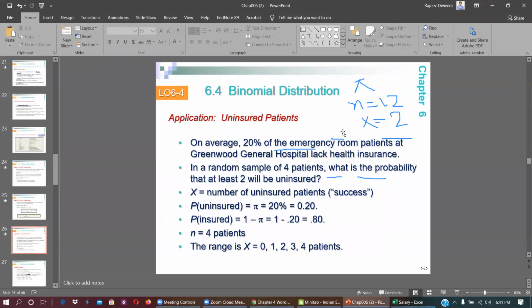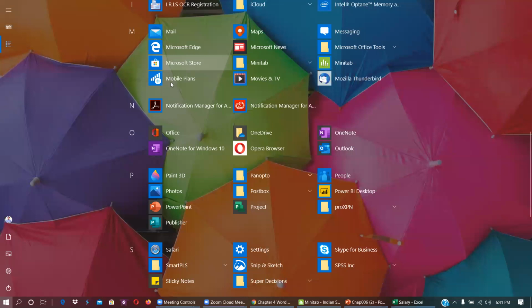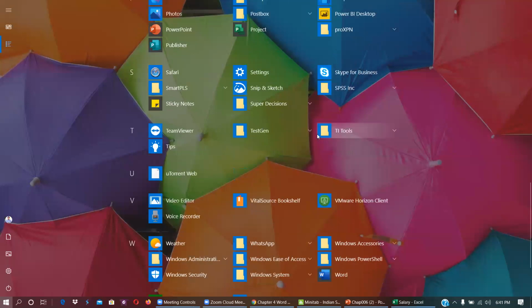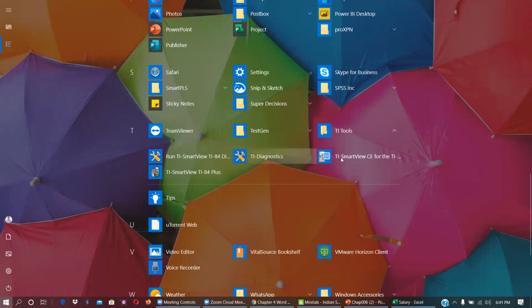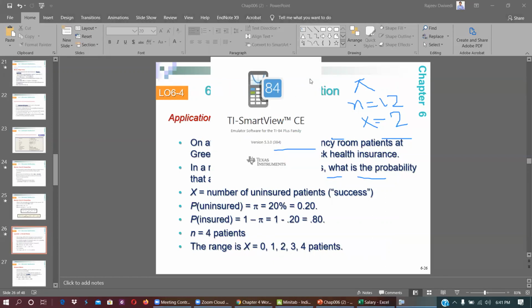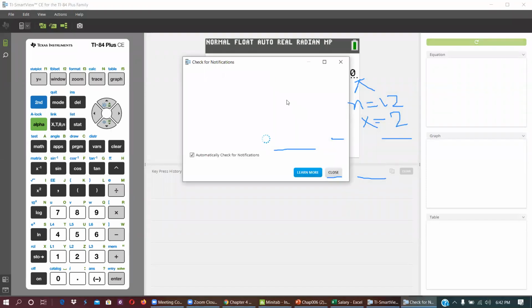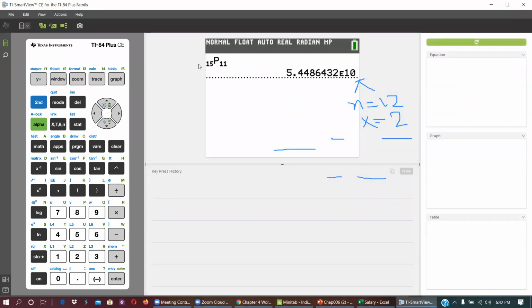Let me do the same example here in our calculator, which is Texas Instruments. Do you want me to go ahead with the calculator also? Okay. Because these are all things we have in the calculator, so let me explain with the calculator also. I hope I'm recording my class. Yeah. Okay, this is a calculator.